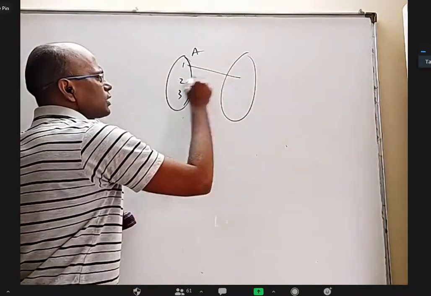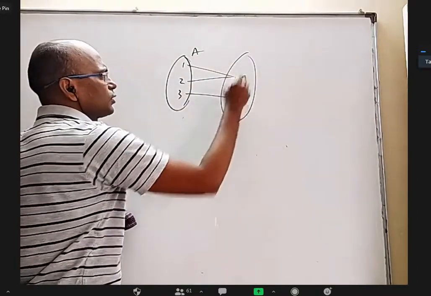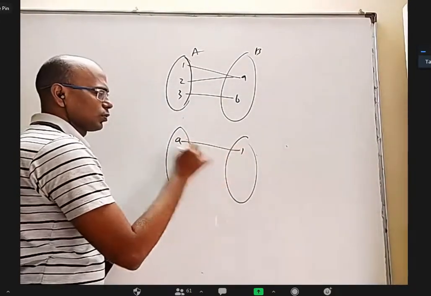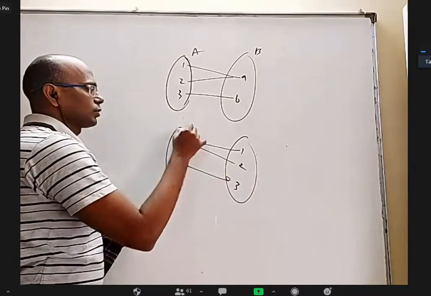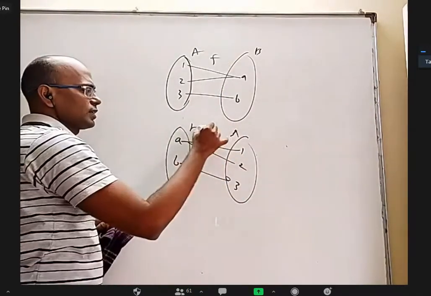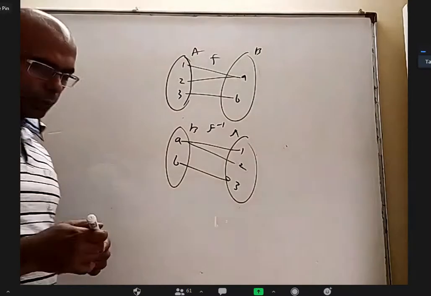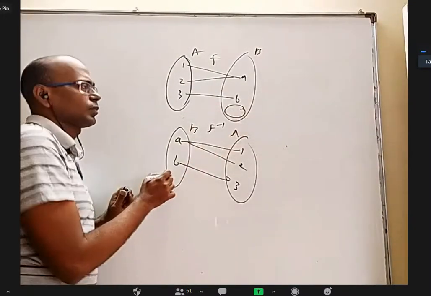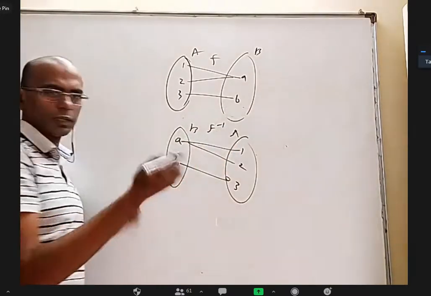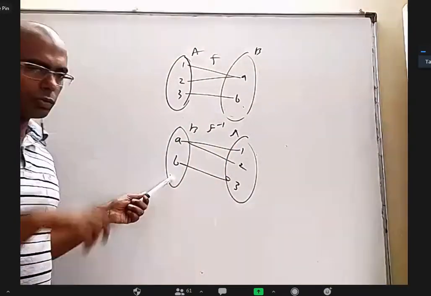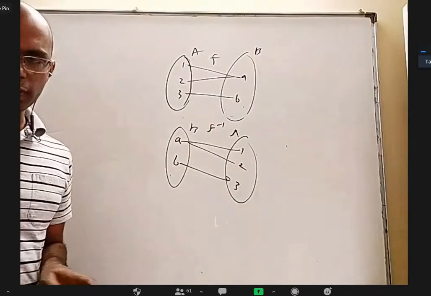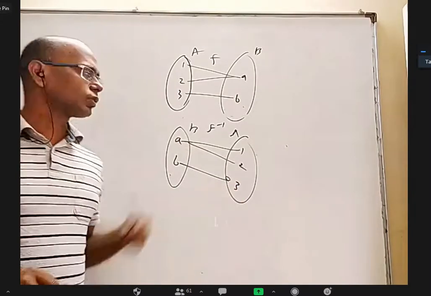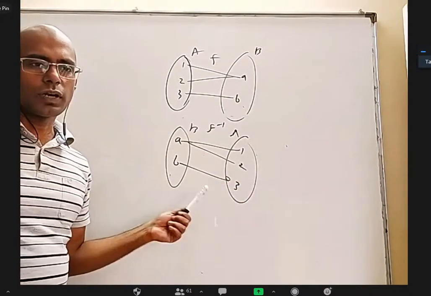Let's say 1 and 2 are connected to A and 3 is connected to B. Then coming to the inverse, A will be connected to 1 and 2, B will be connected to 3. This is f and this is f inverse. The problem that we faced earlier, we did not have that problem here. Earlier there was an extra element which created a problem, but now no extra element here, no extra element here. So there is no element here which doesn't have an image. Every element has an image. But the problem is A has two images. So it is not a function, right?